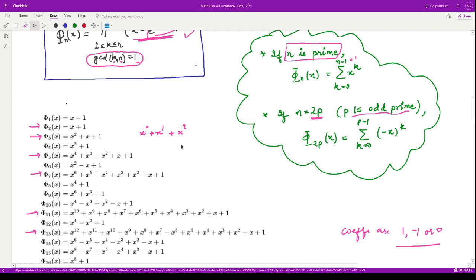For example, you have phi 4. Here you can write this 4 as 2 into 2, right? So p in this case is 2. So therefore your polynomial would be,